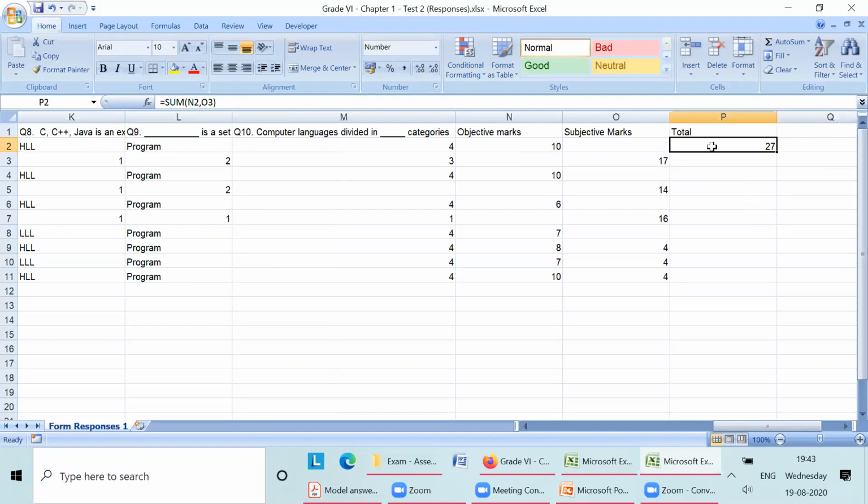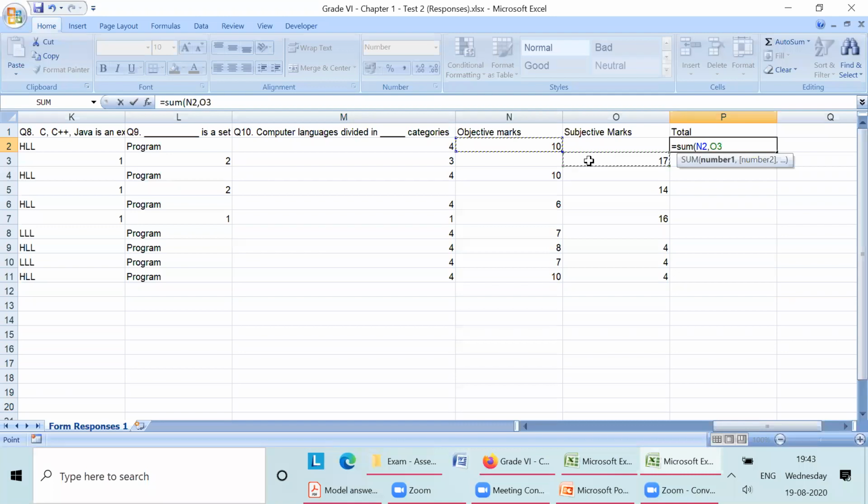Whatever it might be, out of 40, out of 100, whatever the paper is. Generally it is out of 40 in this assessment case. So you will get the total out of 40. So I will show you again how I did it. Equal to sum, opening bracket. First, select the objective marks column, that is N2. Press the control key and select this. Or if it is not possible for you, type N2 colon O3.